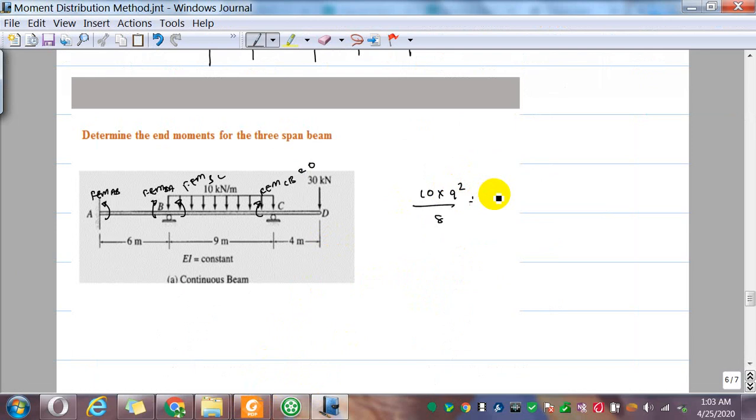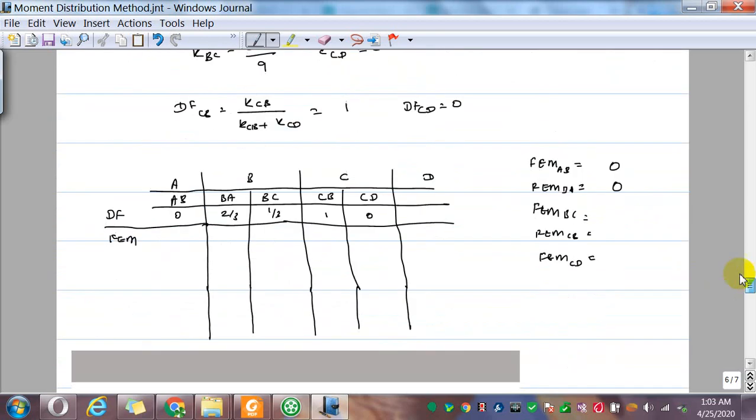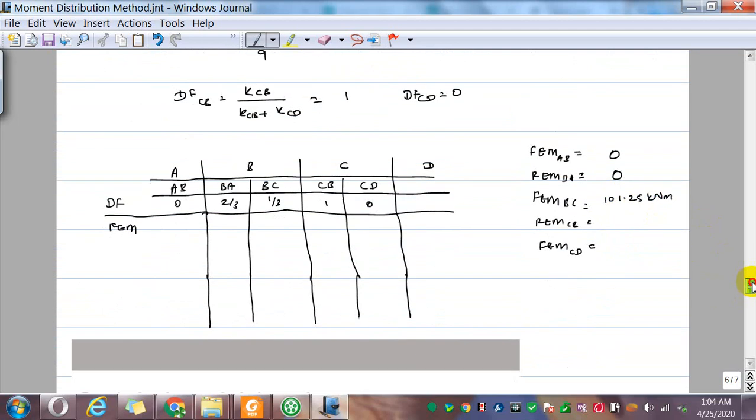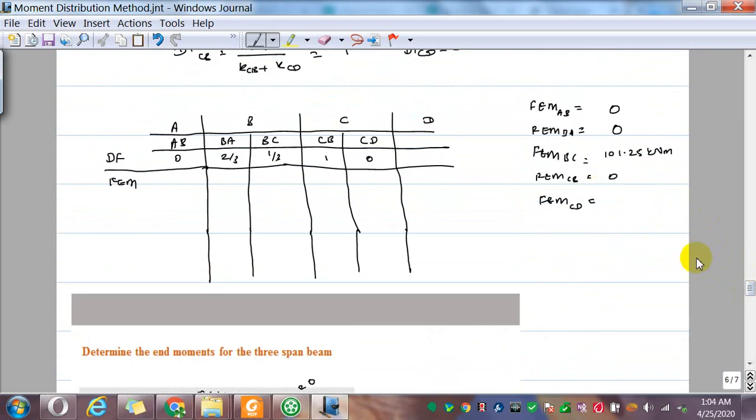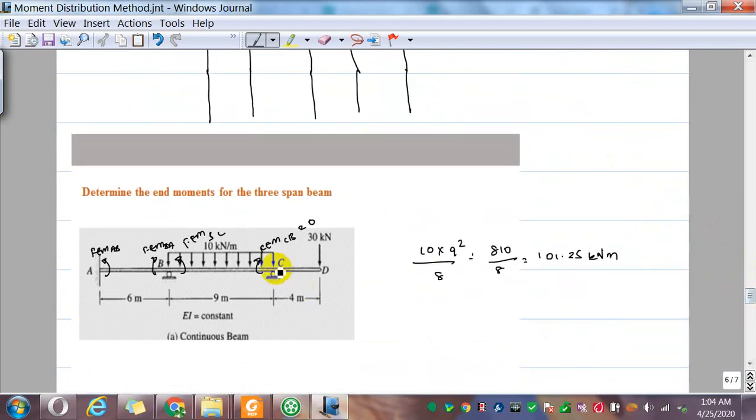So this one is 810 over 8, that is 101.25 kilonewton meter. So FEM BC is 101.25, FEM CB is 0, but FEM CD is